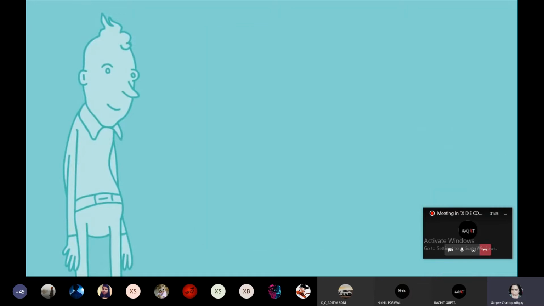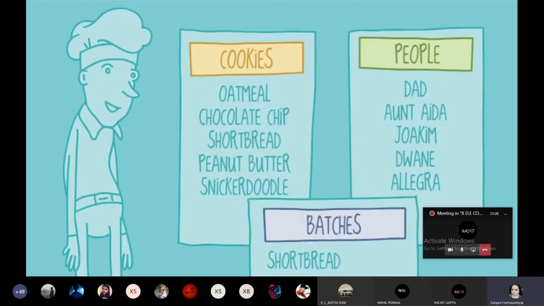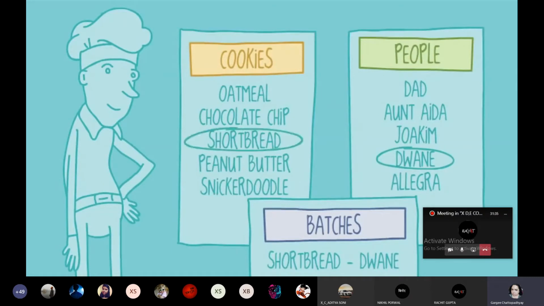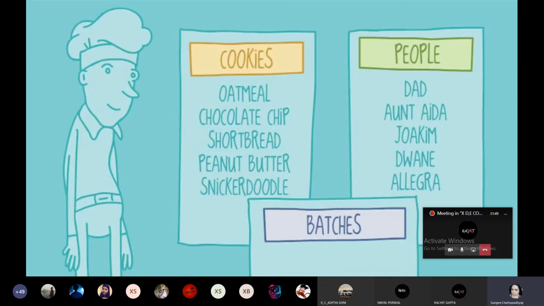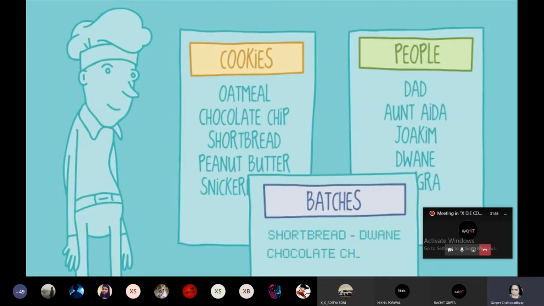Let's think about what that means while we go back to our Amateur Baker's database and build a third list to keep track of batches of cookies and who they're for. It's easy to see the relationship here. All I did was pull Dwayne from this list and Shortbread from here. Access can see and use that relationship too, but Excel can't. All of these things are completely unrelated as far as Excel is concerned. That means you wouldn't be able to pull from one list to another. Eventually, you'd find yourself typing the same thing over and over every time you needed to refer to Dwayne or your shortbread recipe or Dad and chocolate chip.